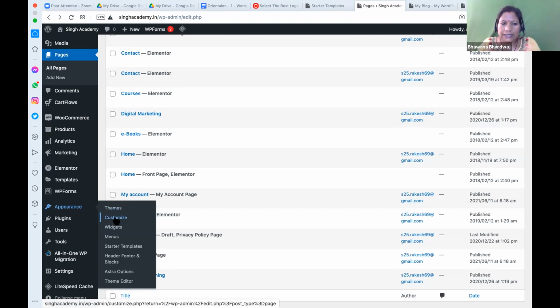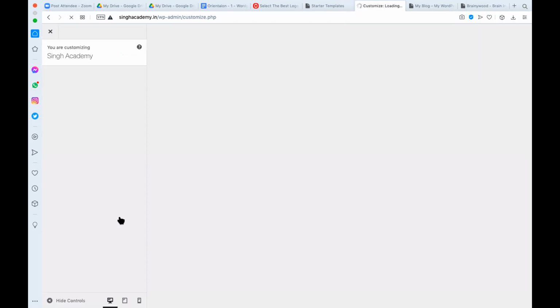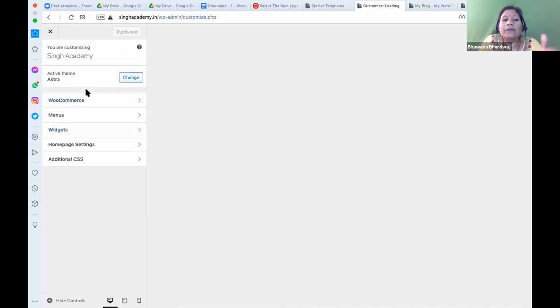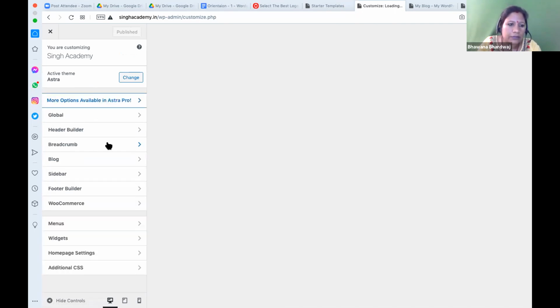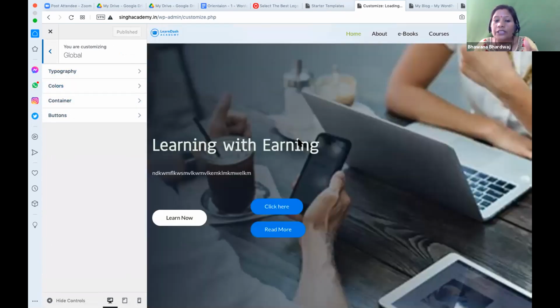So the first task is I will explain one more time, one page from scratch to finish. And second task, we will go and explore the customize section. In the customize section, again, you will not be able to customize everything, but what we will try, the minimum जो information आपके पास है, for example, you can change what color combination you are selecting. So how are you going to select the color combination?